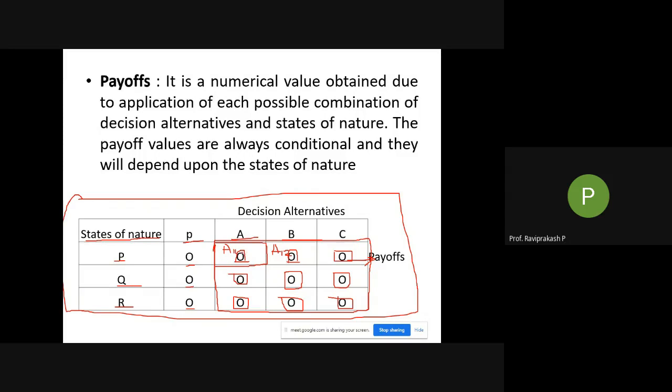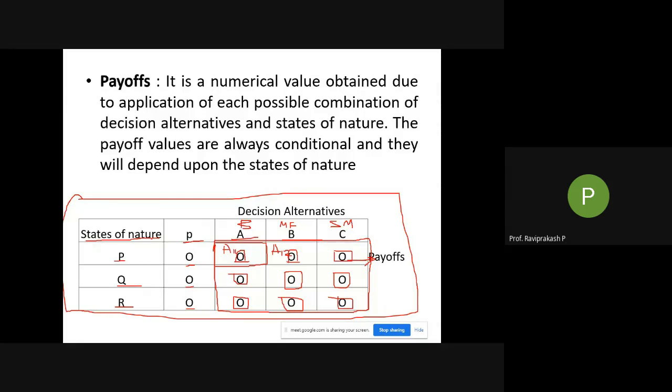For example, you are having three investments: investment A, investment B and investment C. I am saying decision alternative A, alternative B and alternative C. So for example, this you are putting in a bank, I will put B here. Here you are putting in mutual funds, I will put MF. And this you are putting in the stock market, SM. So these are the three alternatives, right?